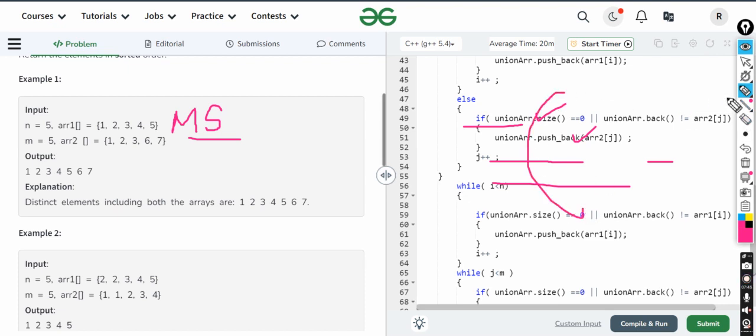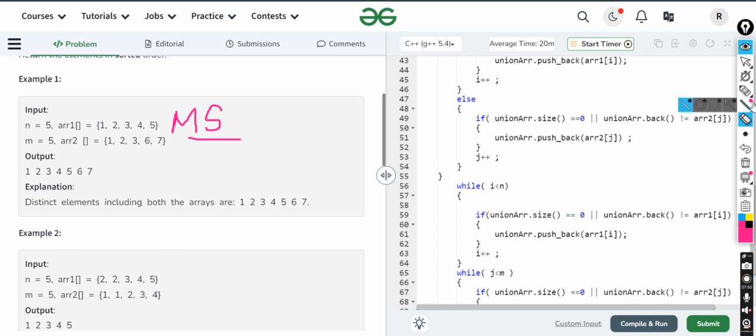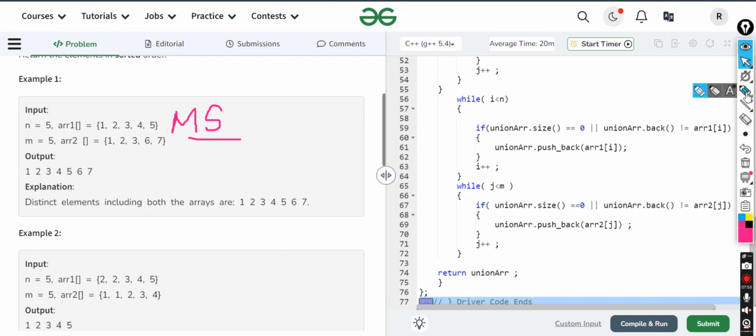Now I'll just erase it quickly. Now the similar part for the else part also, I'll not explain it line by line because it would be very hectic for you. Then why is the loop there? So for example, I have only 3 elements here. Now 4 5, just imagine that 4 5 is not there. One will be compared with this, one will be compared with this. Then what about the remaining 2 elements? It's not the fault of array 2 that it has greater elements. It's no one's fault, it is just the condition. So we have to handle it.